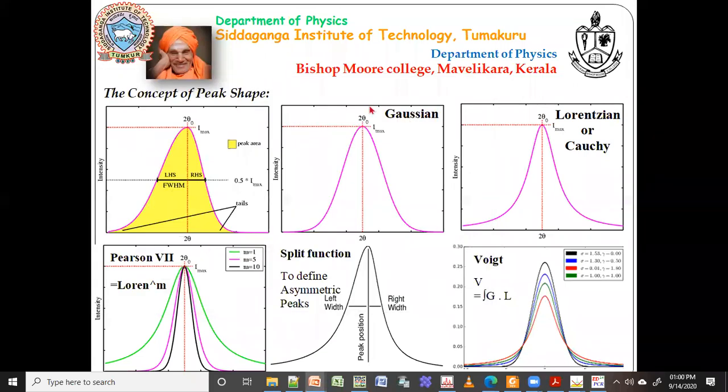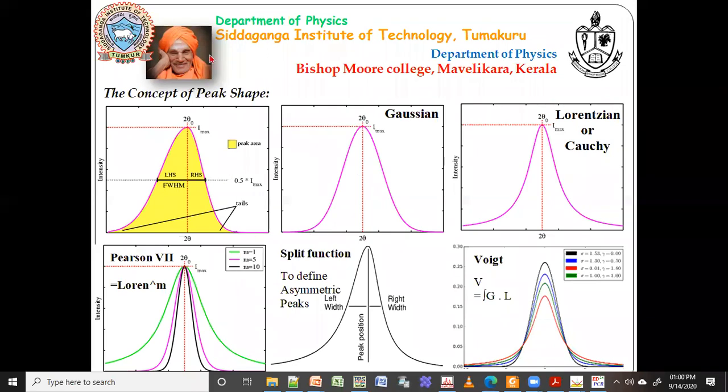If it is a very good Gaussian from your X-ray machine, you can go for Gaussian fitting. If it looks very much like Lorentzian, then you can use the Lorentzian function. But most diffractometers give some mixed peak shapes. That is why I am using Thompson-Cox, which will take into account your Gaussian.